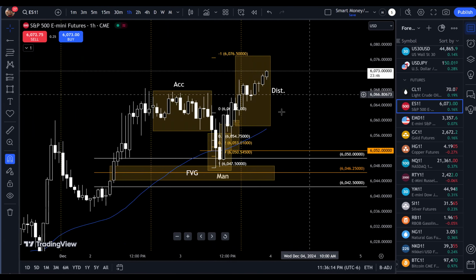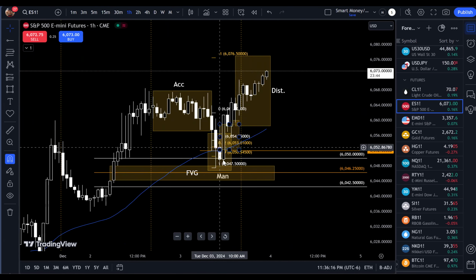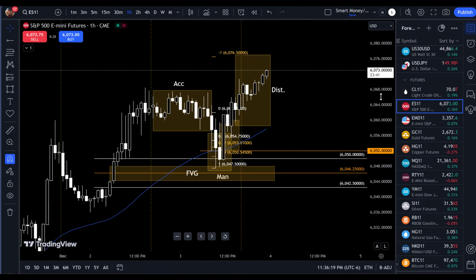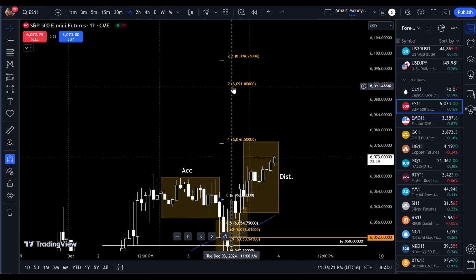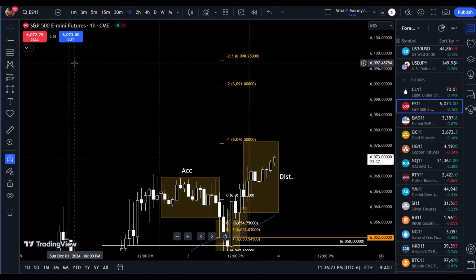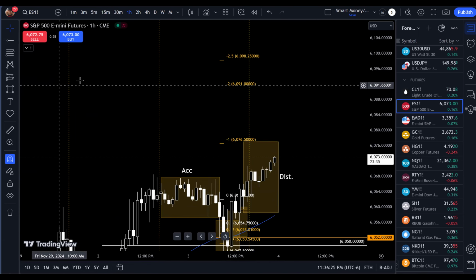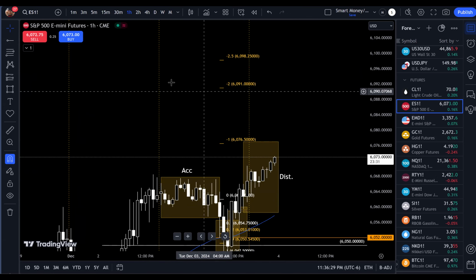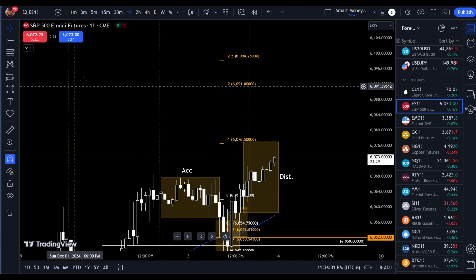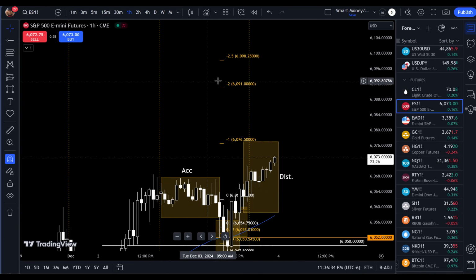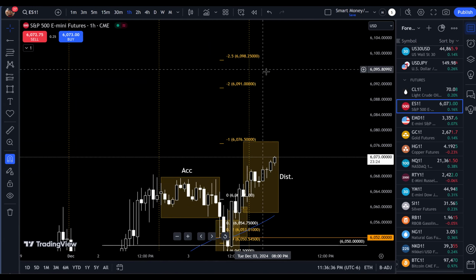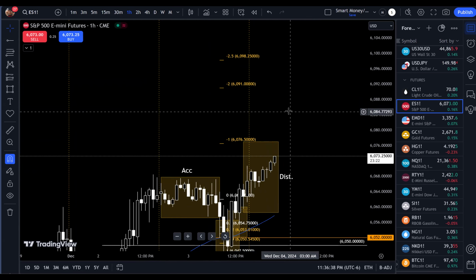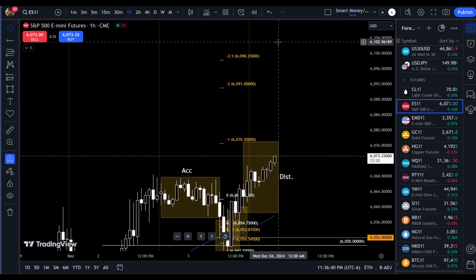But that's what you do. That's how you use that. All right. You look for that, use that 2.5 area. All right. And you look to the left for some kind of liquidity. If it's going up, if you're trading with the direction of the market, you're looking for external liquidity. All right. You're looking for that external. All right. And then a lot of times you get a pullback or a reversal from there, or sometimes it'll